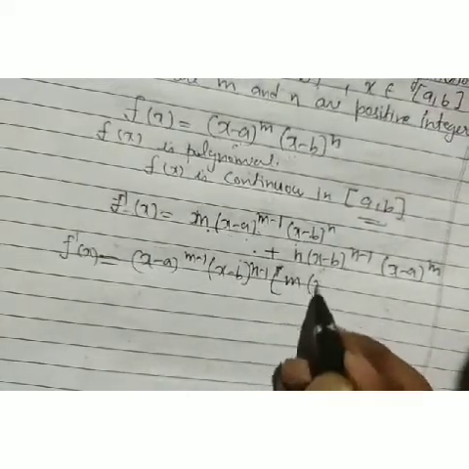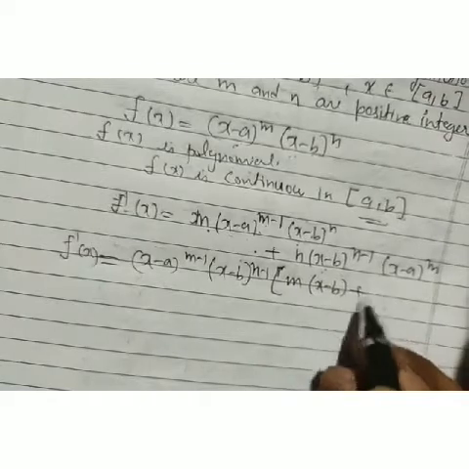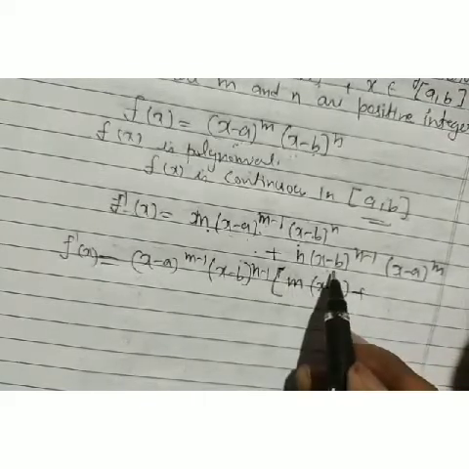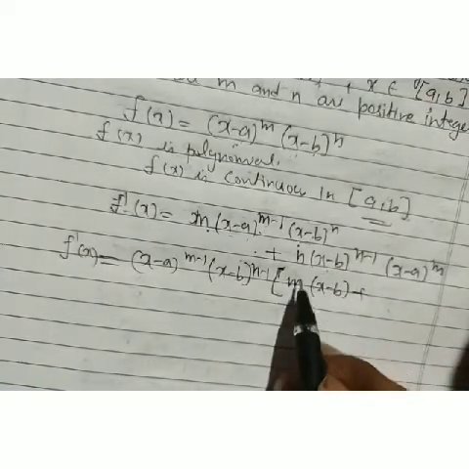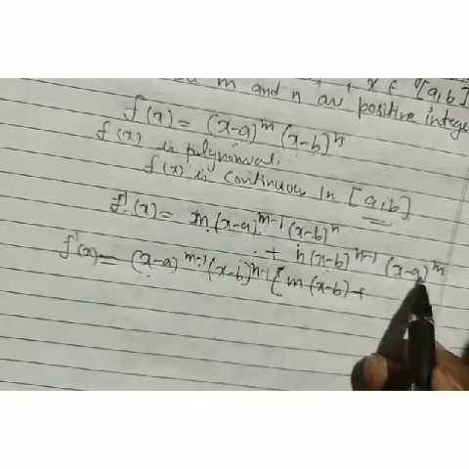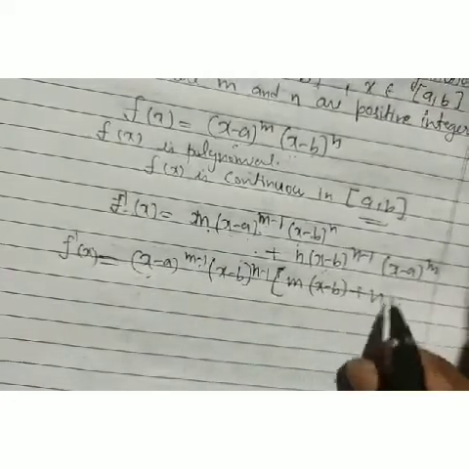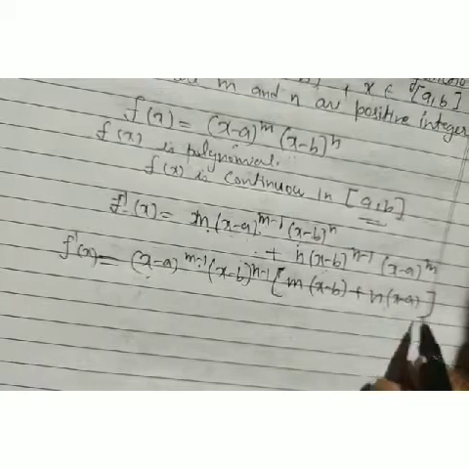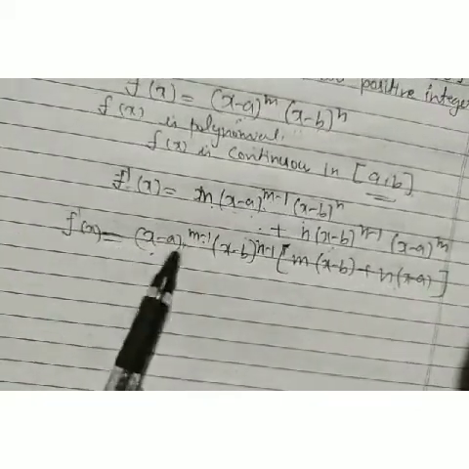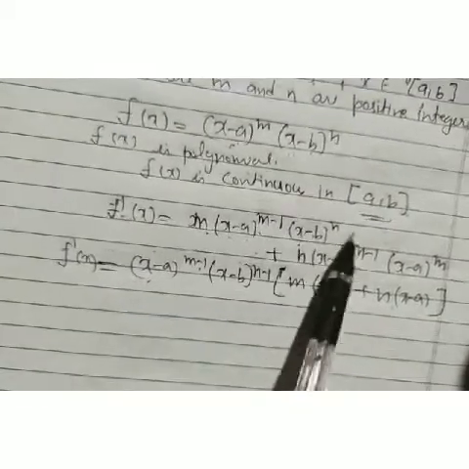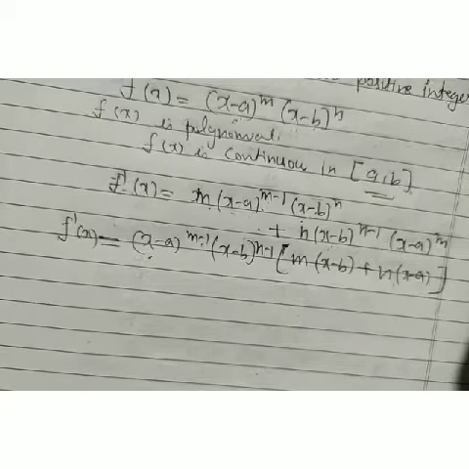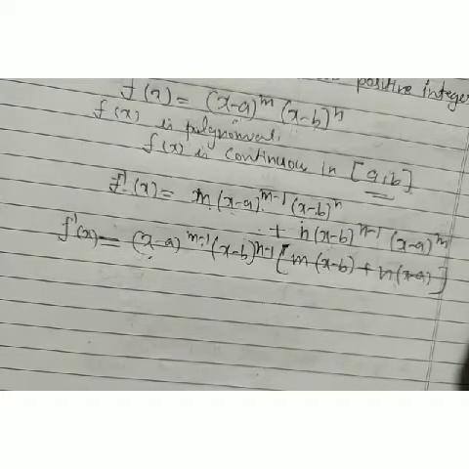Then we have here m, x minus b. Here, what do we get? We take n, x minus b, n minus 1 common there. Also x minus a to the power m minus 1 common there. Then here we have n into x minus a. Now it's clear that it has a definite value in the open interval AB, because our function is continuous on the closed interval and differentiable in the open interval AB. It's clear that it has a definite value.